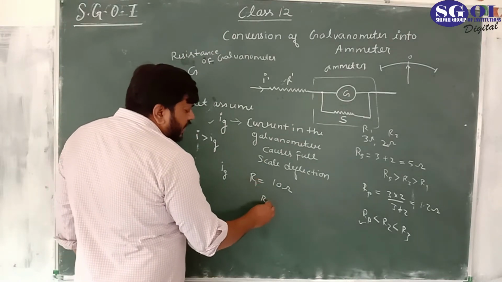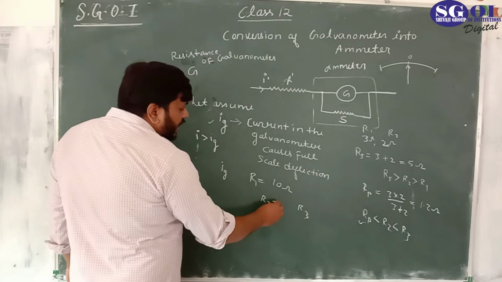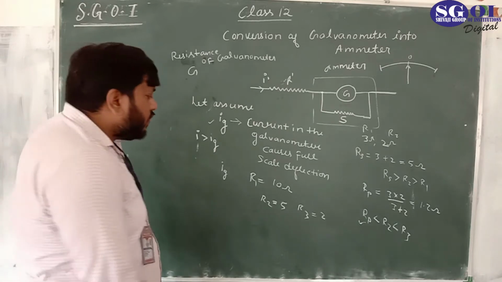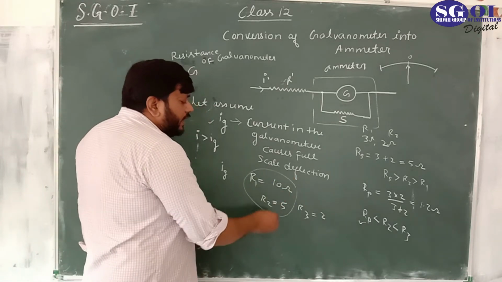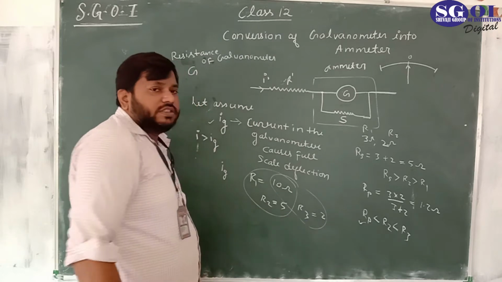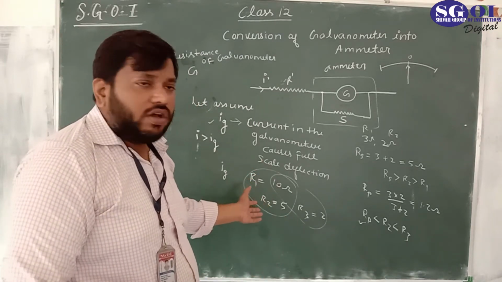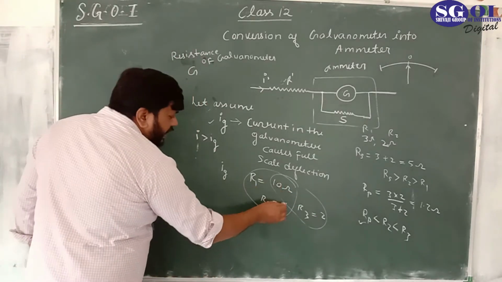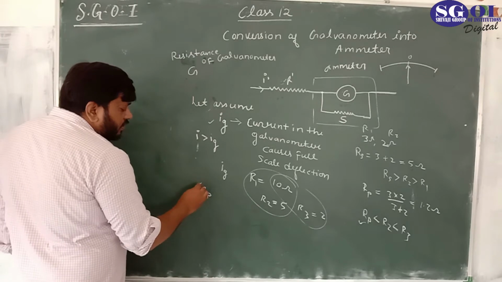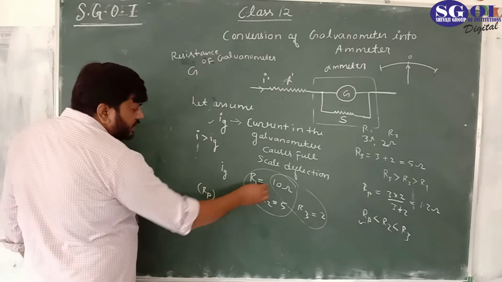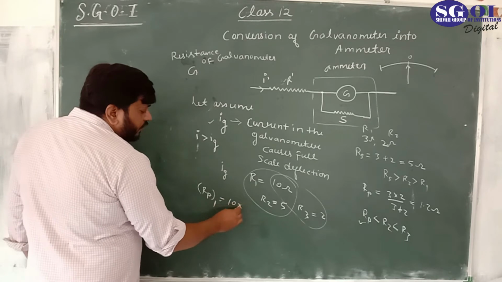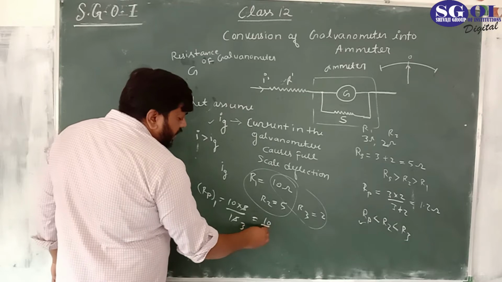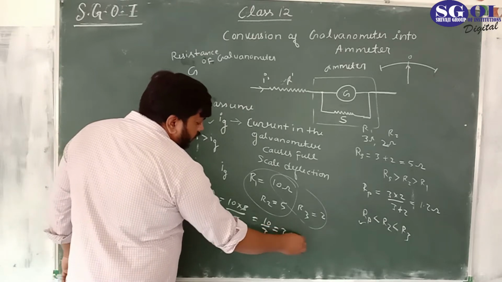This is R1, let's say R2 and R3. There are two resistances, and we have R2 is 5 and R3 is 2. First of all, we will combine these two, and next we will combine these two and see what is the difference in the parallel resistance of these two combinations. This is 10 and this is 5. So parallel RP for the first case is 10 into 5 upon 15. This is 10 by 3, which is approximately 3.3 ohm.